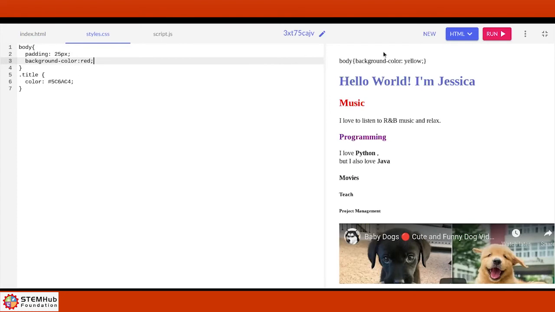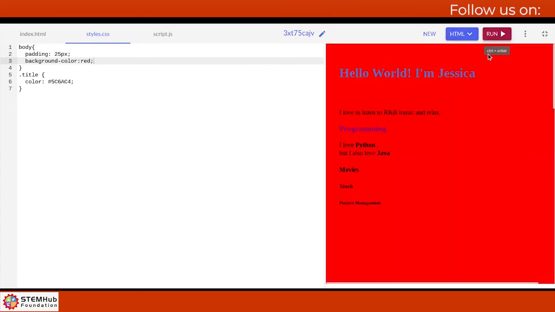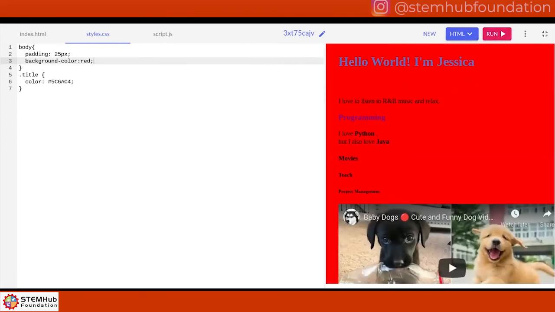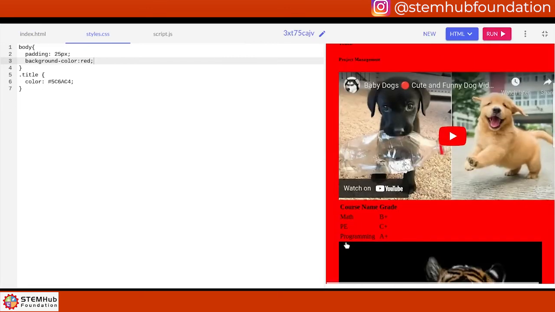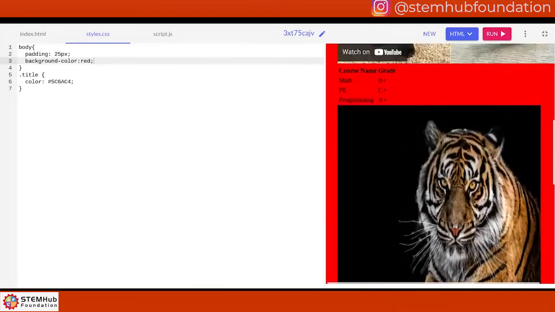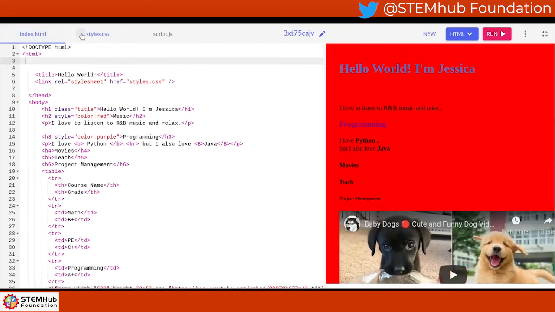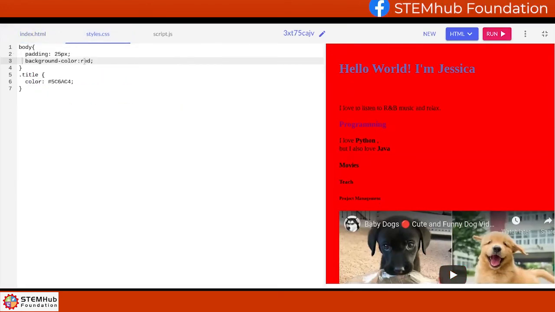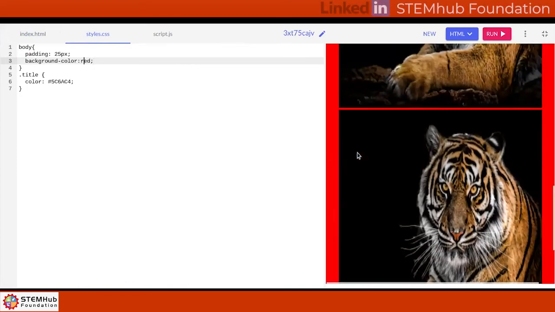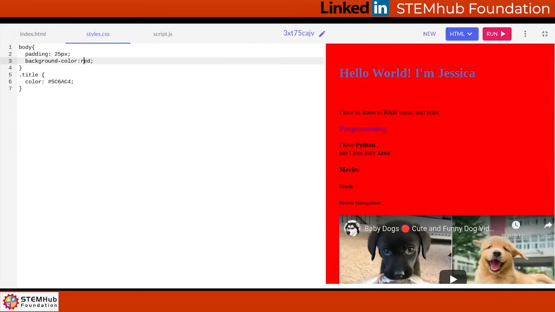Your music is not going to show up anymore. Do you know why? You won't see the music because the music is red and your background's red. So obviously you want a background that contrasts with your text, right? I just put red to make it obvious, but you can change it to a different background color. Okay, any other questions before we close off this session?